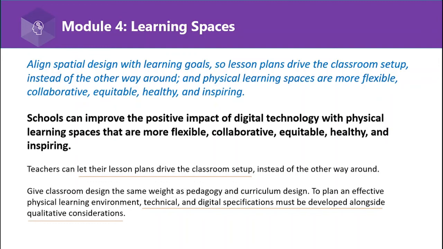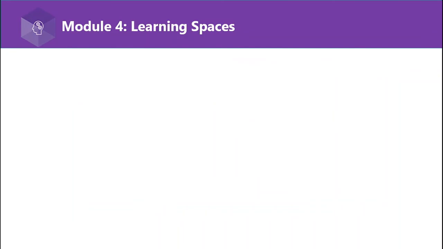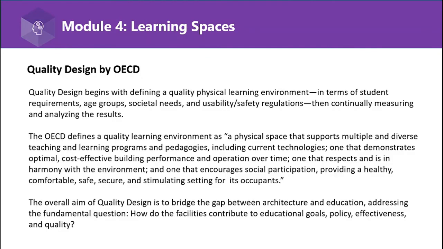This is what OECD calls quality design, which begins with defining a quality physical learning environment in terms of student requirements, age groups, societal needs, and usability or safety regulations, then continually measuring and analyzing the results. The OECD defines a high-quality learning environment as a physical space that supports multiple and diverse teaching and learning programs and pedagogies, including current technologies, one that demonstrates optimal, cost-effective building performance and operation over time, one that respects and